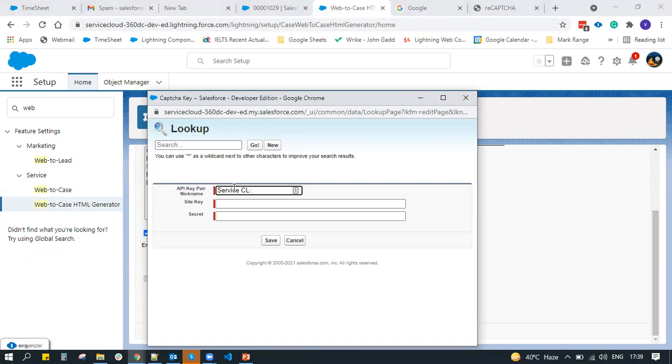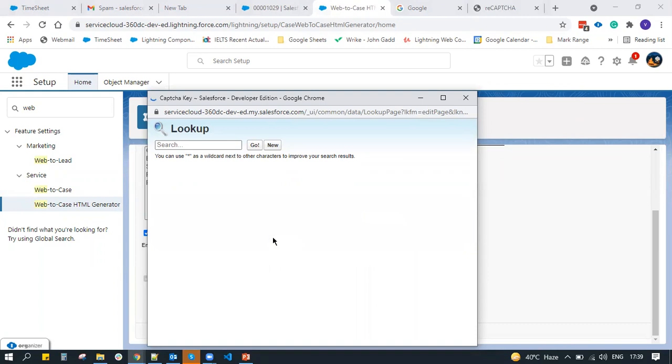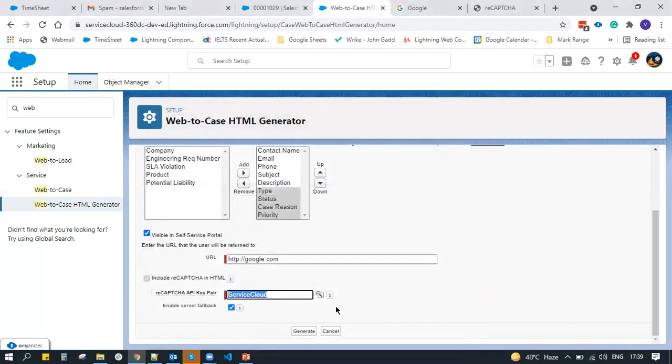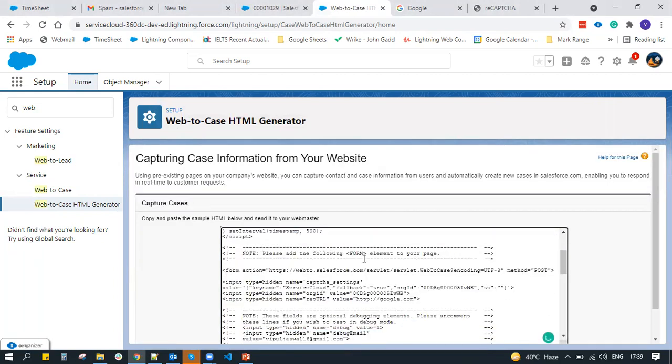Service Cloud. Okay, then save it. As soon as you click on save, then click on generate, and a code will be shown to you.